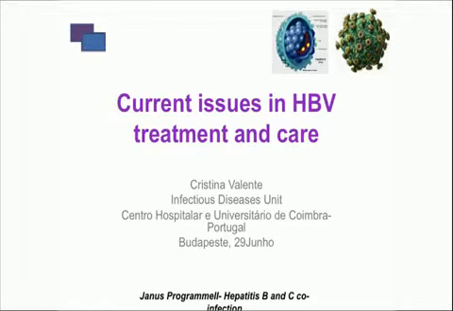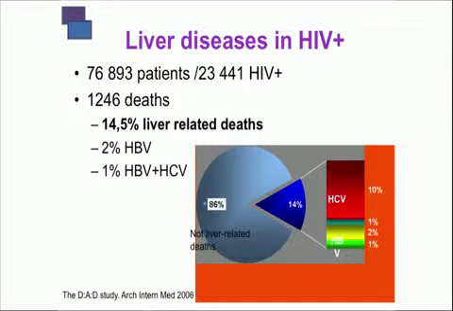But just to begin, why are we talking about this in this meeting? Because things changed during the last few years, and at the moment, more than AIDS-related conditions, we have other problems, namely death related with liver disease. And as you can see in the D:A:D study, in more than 23,000 HIV persons, 14% of the deaths were related with liver, and HCV was responsible in 10%, B in 2%, so this is a very